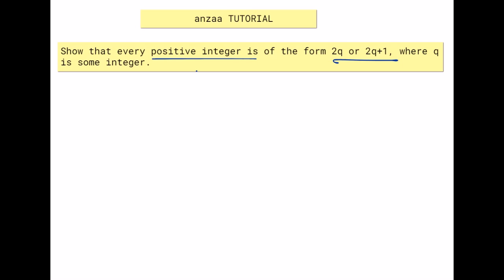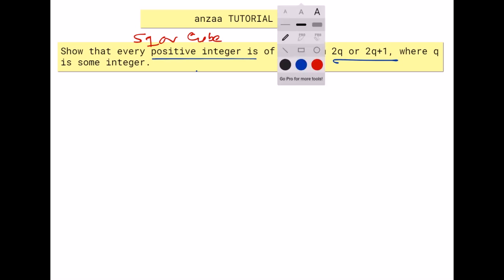Guys, you have to remember two things here. One is this positive, it is given positive integer and not the square or cube. Okay, so square or cube is not given. Why am I telling you this? Because in some of the questions later on it will be given square of positive integer or cube of a positive integer. So remember here you have to read it carefully whether it is simple positive integer or square of that or cube of that.